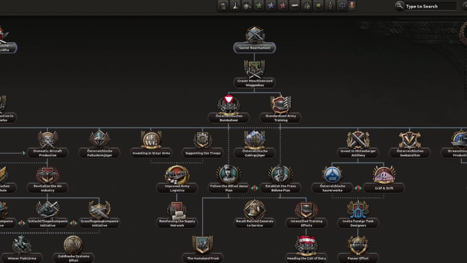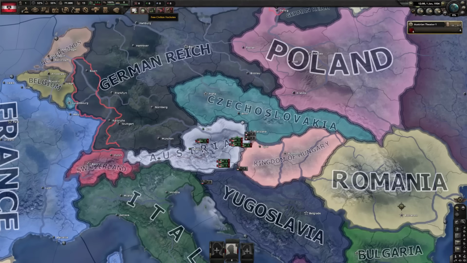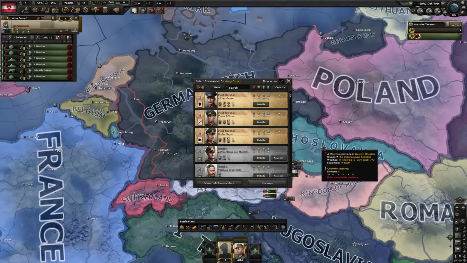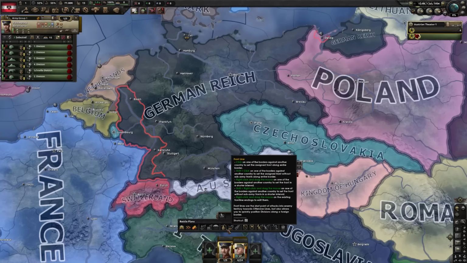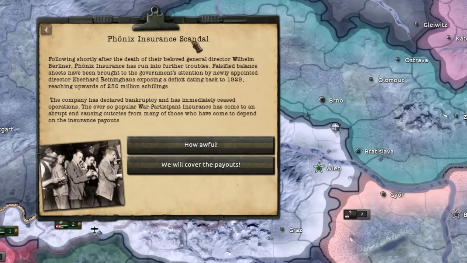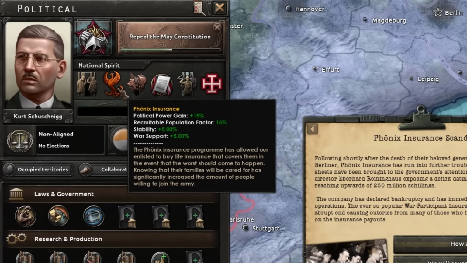I think first off, though, I'm going to do secret rearmament off the bat. It's only 35 days and gives us a nice factory output, which we're probably going to need, I reckon. I'm not too sure how large and in charge we can get before the Germans come in and decide to slap me silly. Okay, first off, we have the Phoenix Insurance Scandal, which is a pretty nice buff we have,